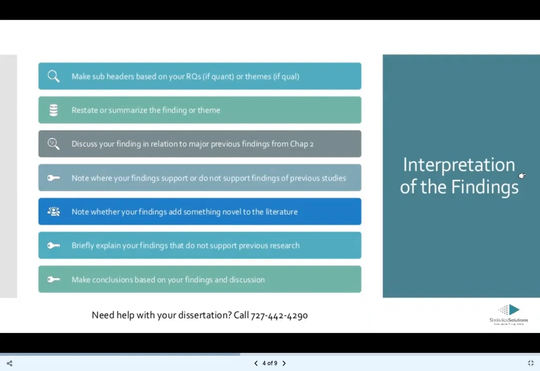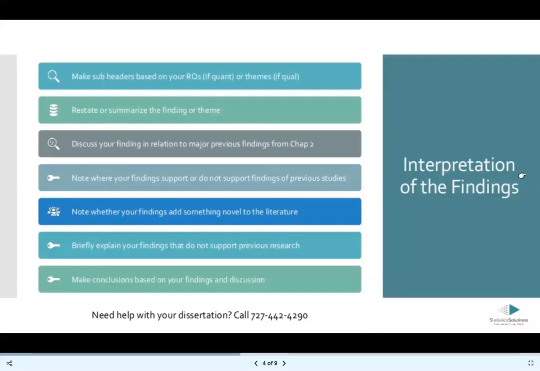Interpreting the findings means that you are relating what you found to the findings of previous research in your area or focus. And then depending on how your findings are situated in the previous research, you can make interpretations or conclusions based on that. So your findings might differ or coincide with previous findings. So the idea here is that you are thinking about your findings and really breaking down how they relate to